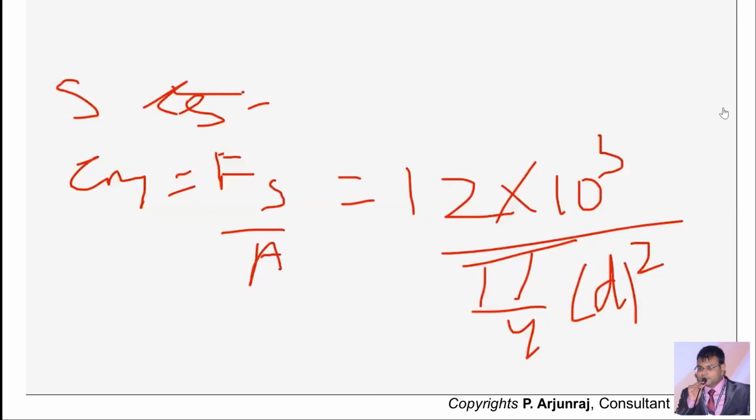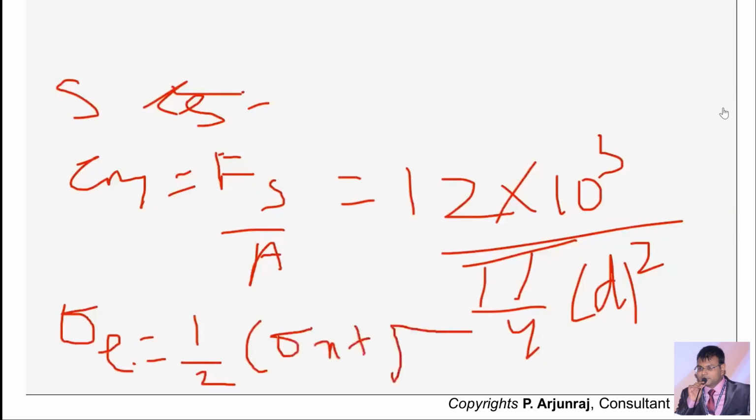And let us go to the first one. Okay, so the first equivalence test formula here is for Rankine's theory. The formula here is 1 by 2 into sigma x plus sigma y. You know sigma y is going to be 0, so I'm going to write only sigma x plus root of sigma x minus sigma y the whole square. So sigma y is going to be 0, so only sigma x square will come,